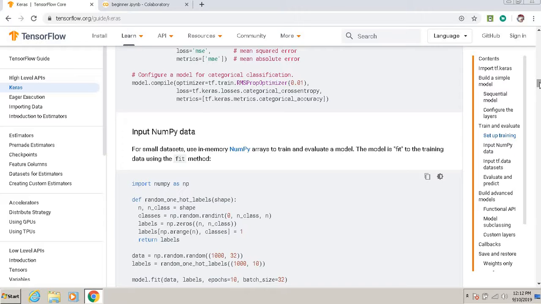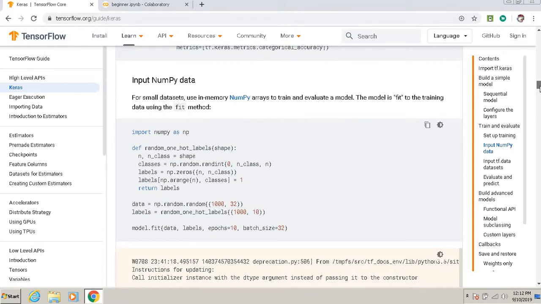Now, if you don't have ready-made data sets, then you can simulate a data set with NumPy. NumPy is a library, and with the help of NumPy, you can randomly create something and you get data. So this is simulated data, right?